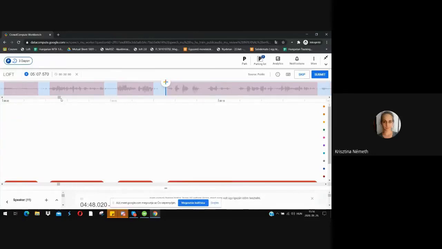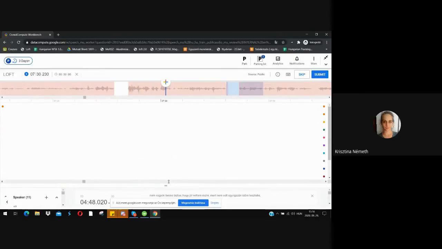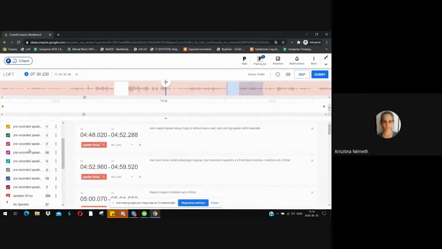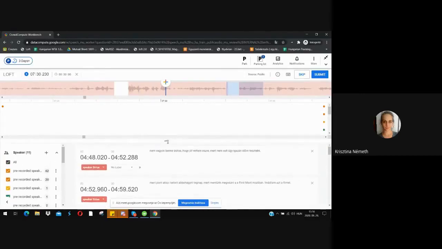If you have many speakers, then you can't really see them at the same time if it's more than like 4 or 5 speakers. So for example, in this task, there are like a lot of speakers, so I would have to check many times to see all of them. But